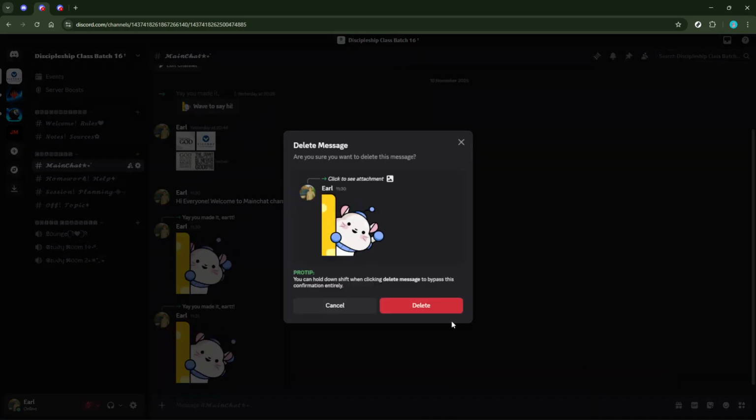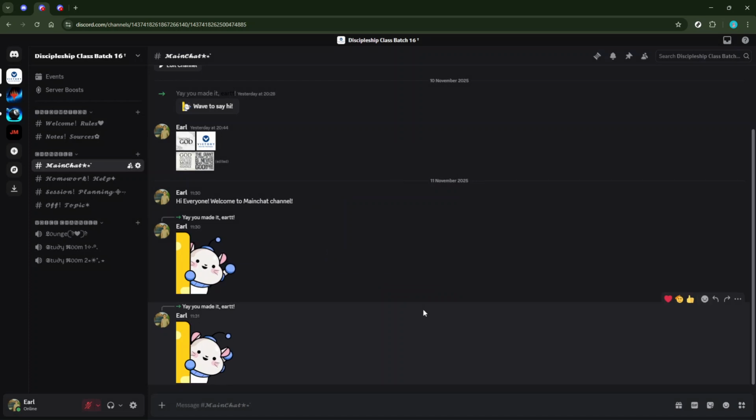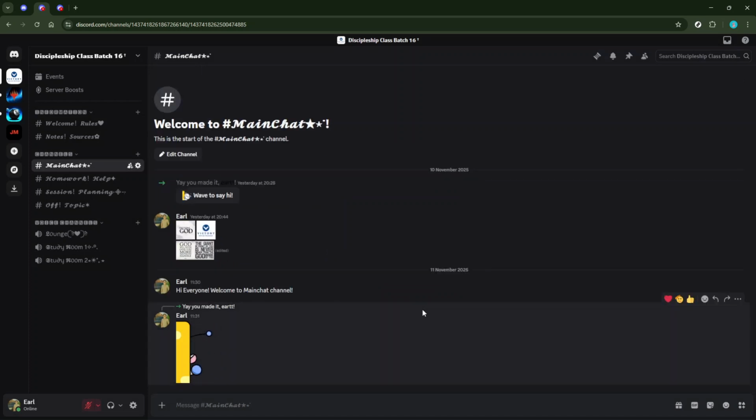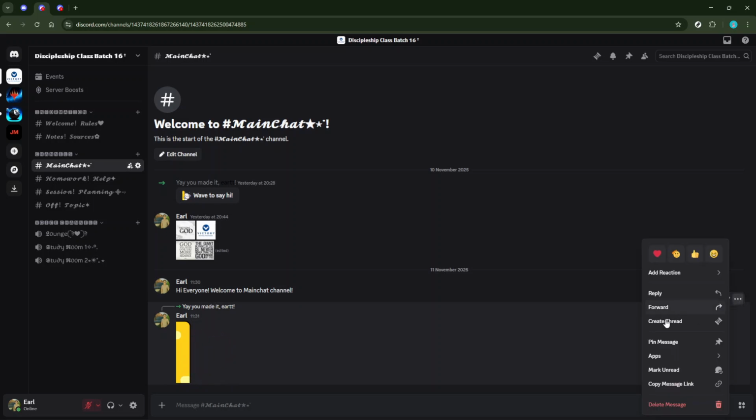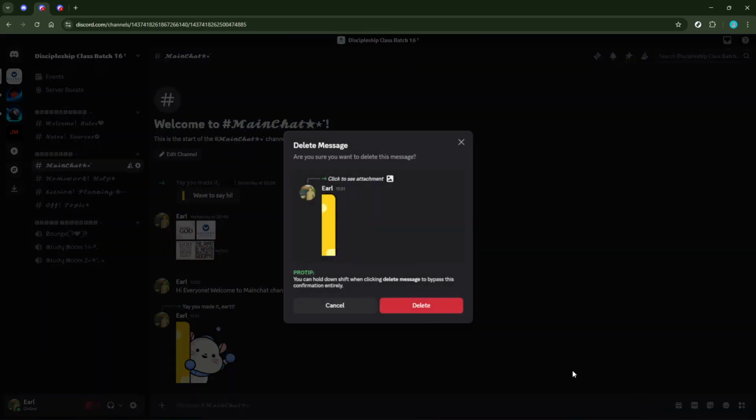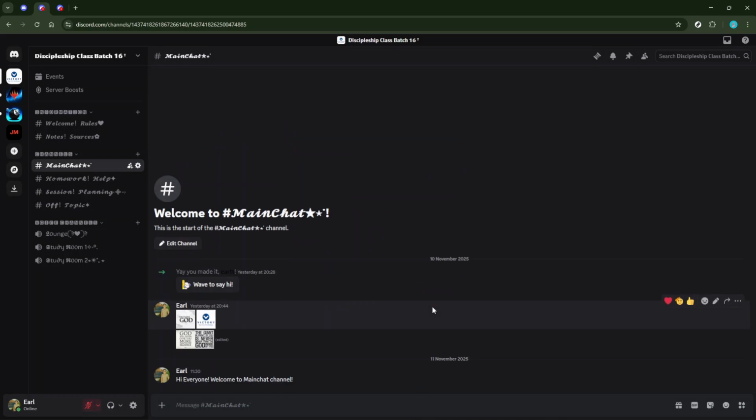This is particularly useful if you're just dealing with a handful of messages or if you need to remove specific content for moderation purposes. However, if you're an admin and need a more efficient method, there's a quicker way to clear out entire channels at once. For those of you with administrative rights, you can take advantage of Discord's channel cloning feature. This method involves creating an exact copy of a channel while discarding its chat history, allowing you to start with a fresh and empty channel.